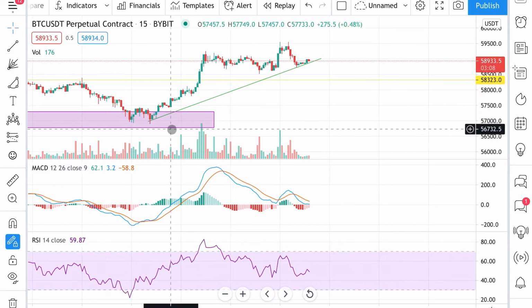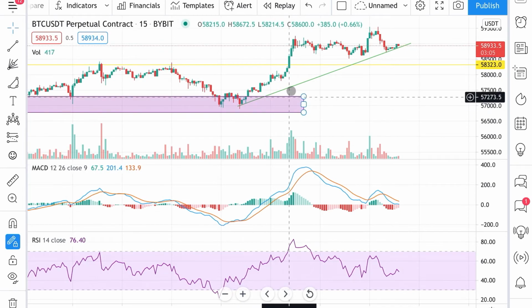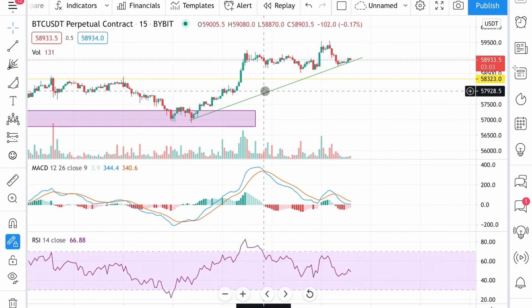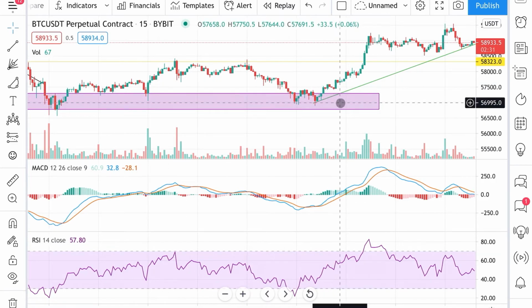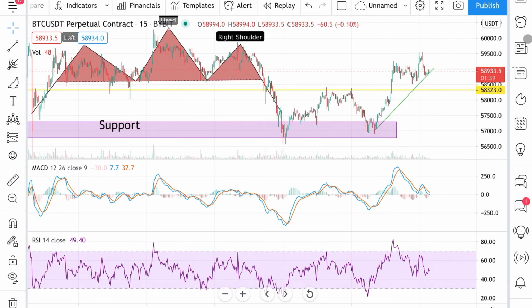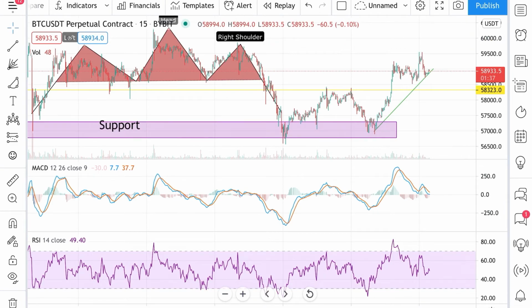This will lock all your drawings. So now you can't accidentally move any of them. This will lock everything you have on the chart. This will make all your drawings visible, and this will trash all your drawings. You can remove all the drawings, all the indicators, or drawings and indicators. So moving over here now, we have